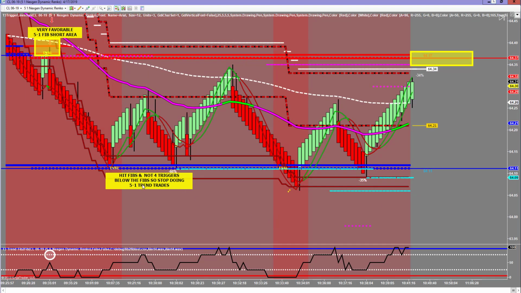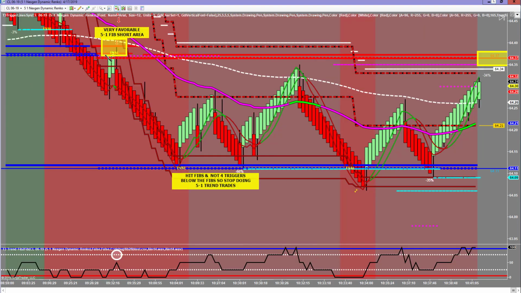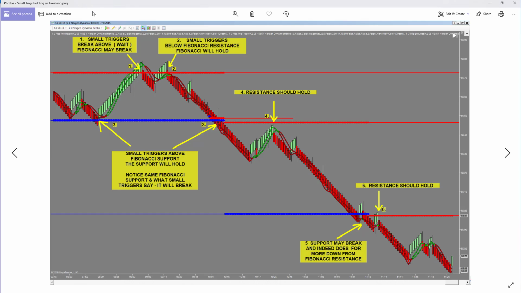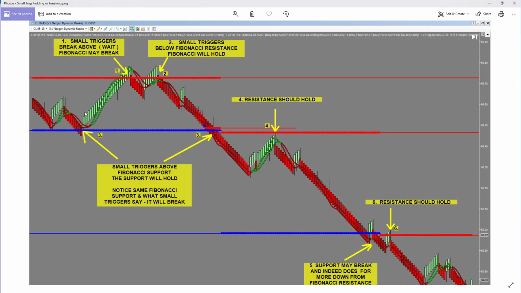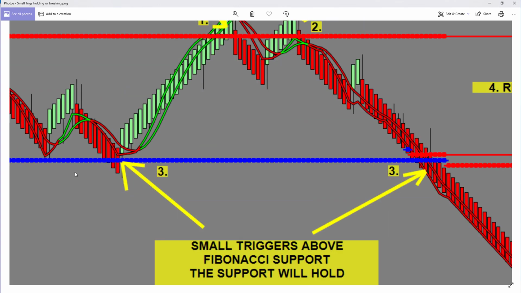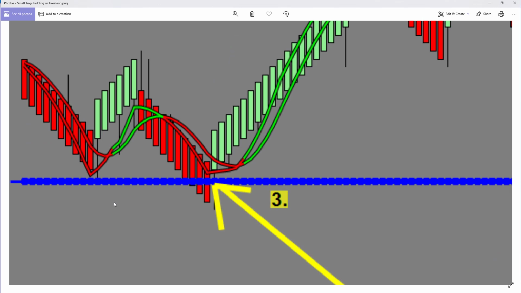Right? If you hit a fib and the triggers don't break it, then it usually holds. If you hit fibs and the triggers break it, it usually holds resistance. Let me show you one of our older, more simplified pictures. This picture is from July of 2015. So the picture is almost 4 years old, but the concept is really, really good. When we look at our trigger lines versus our fibs,